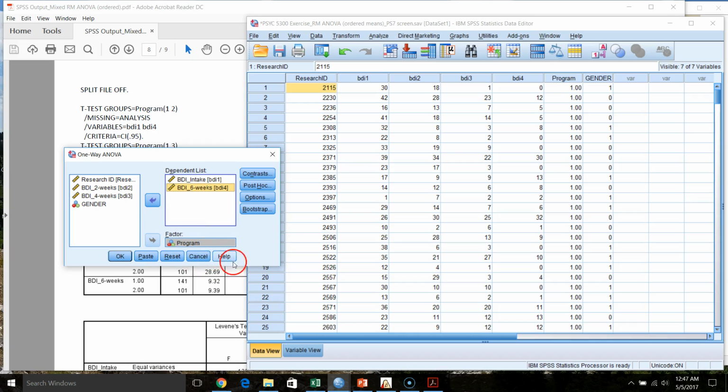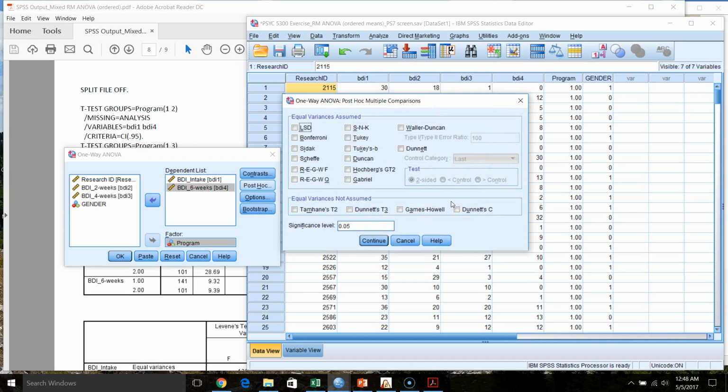So we're going to run a one-way ANOVA across groups at intake and at 6 weeks. We're not going to run any contrasts because we're just interested in the omnibus test here. Post hoc. Now we went through and talked about how we're going to run our post hoc tests. And you might say, well, why don't I just pull my post hoc tests from